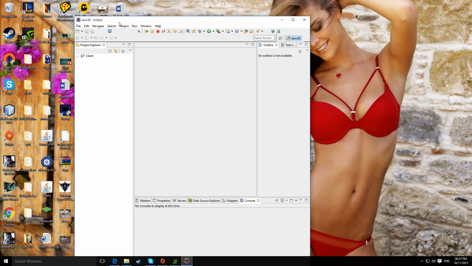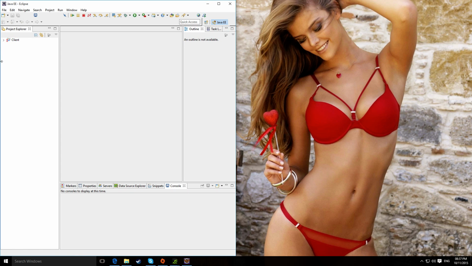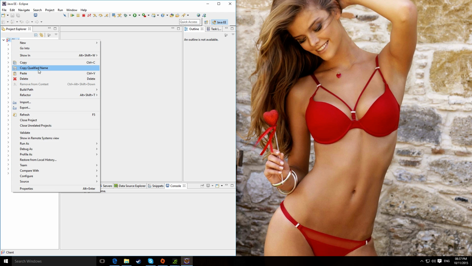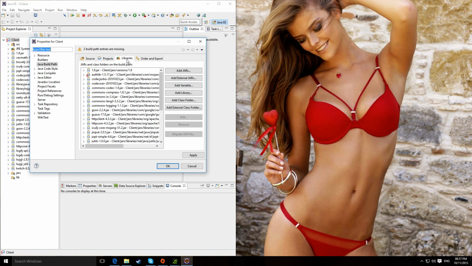Now if your client has this little question mark next to it, that means you need to replace the build path of some of the things. If you go to build path, configure build path, and then to libraries, it will be auth-lib and realms. So if you go to here, edit,